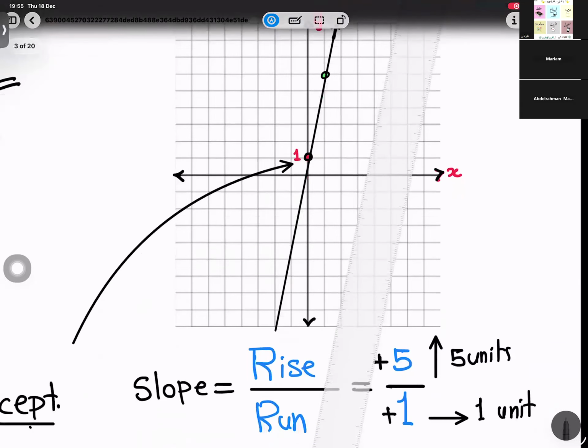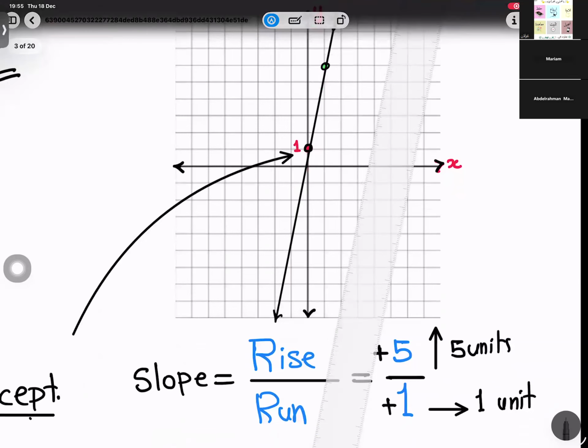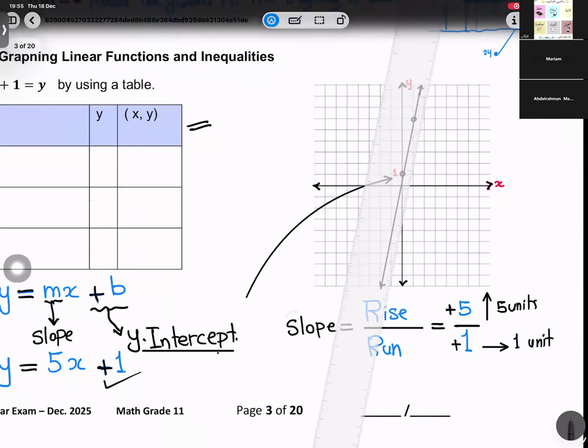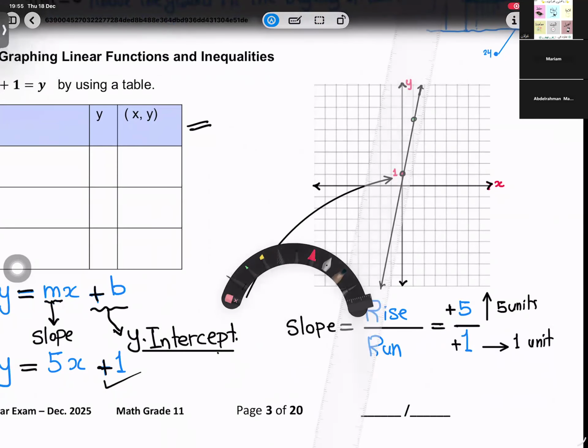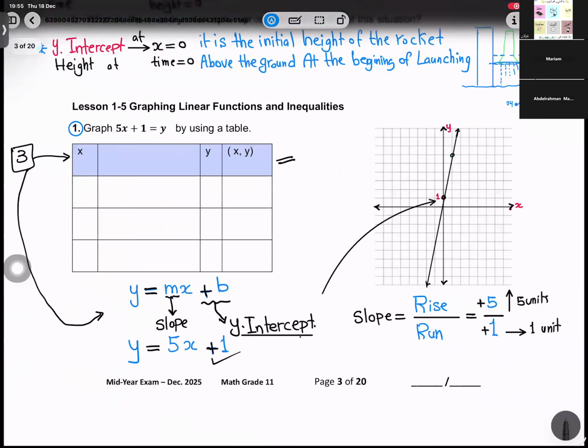Let's see here how to graph. That's it, we are done. Let's see how to graph using the table. Using the table, we choose